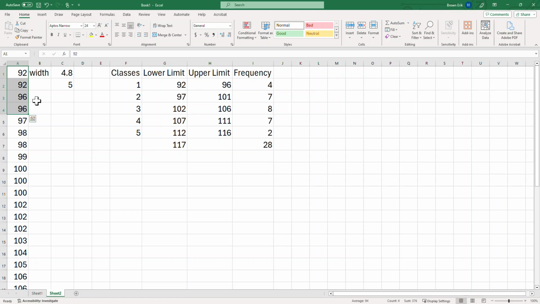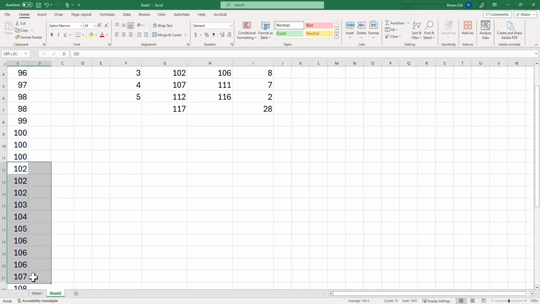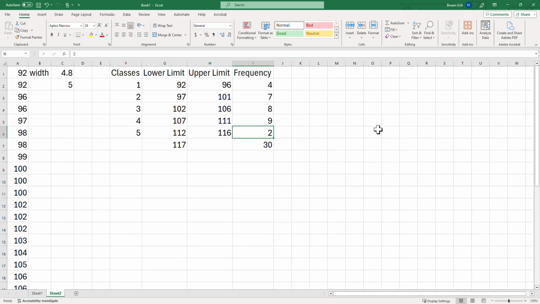So 92 to 96, I still got 4. 97 to 101, I now have a count of 7. Oh, that's the same. Okay, 102 to 106, that count is 9. Oh, there's my 2 missing ones. Okay, now I fixed my mistake. I'm ready to go. This is our frequency distribution for the number of wins for a particular season of Major League Baseball. Now, this is supposedly a nicer view of things, but we can also turn this into a graph,